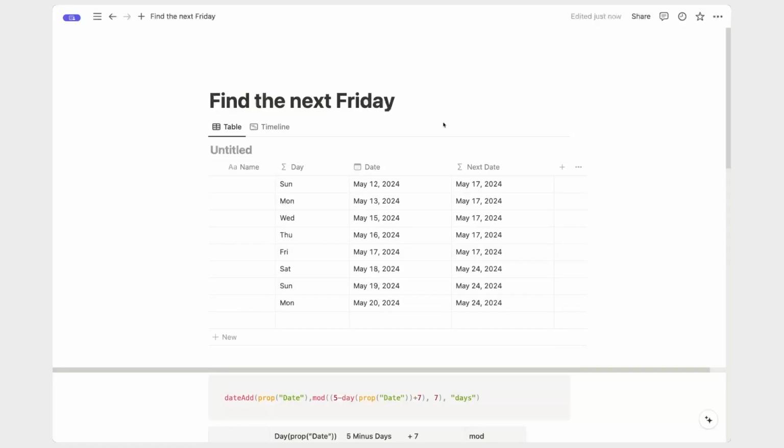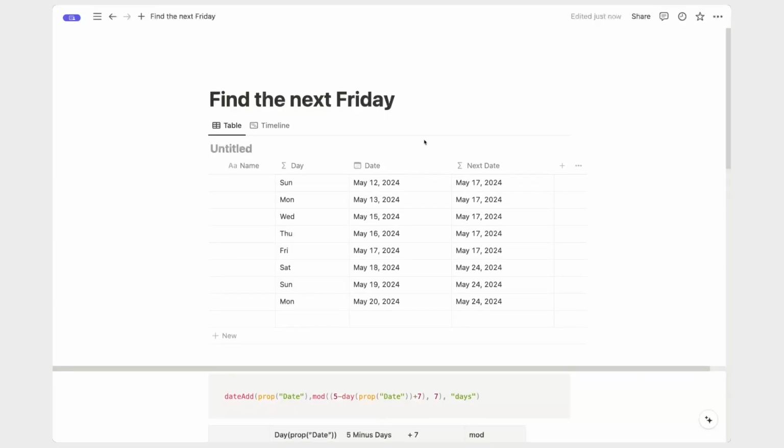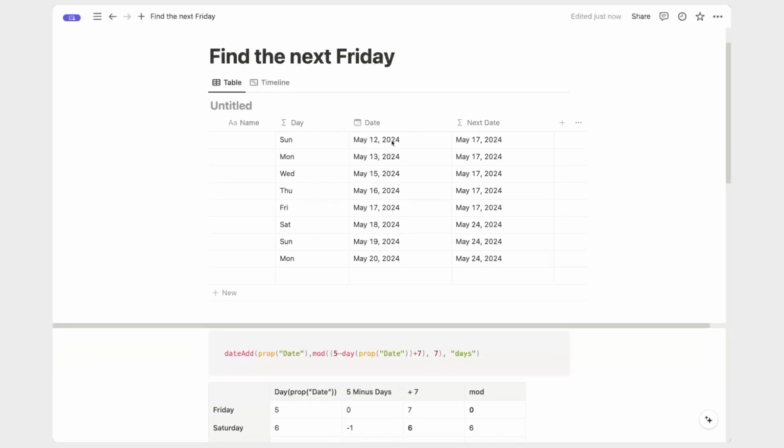Hey everybody, today I just want to show you how you can find the next Friday from a given date, or any day from a given date, using Notion formulas. So what I have here are a bunch of dates starting from Sunday going all the way to the next Sunday and then Monday. And I have a formula in this column to calculate from these dates when the next